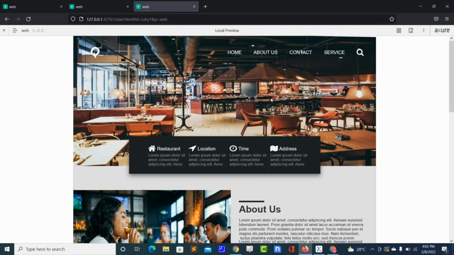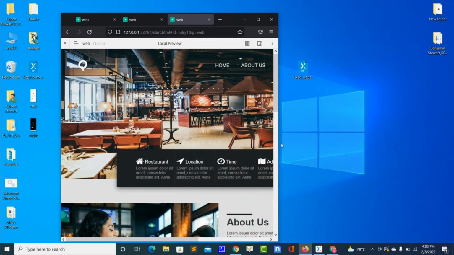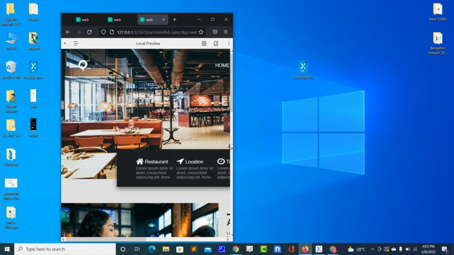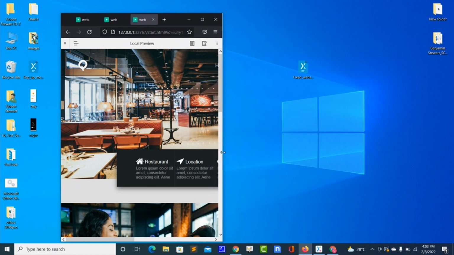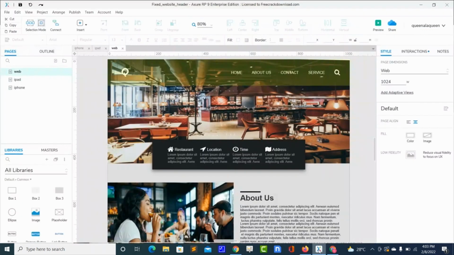So this is my web page. Then I want to adjust it so you will see. And then okay, so I'm adjusting it, but you notice the horizontal line here, it's showing, which is wrong. So I'll go back to my design, and then to do the adaptive view, to make my page responsive, I'll